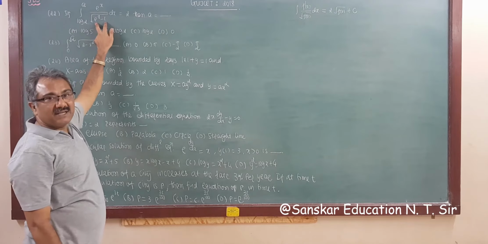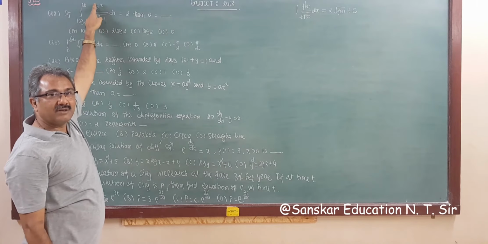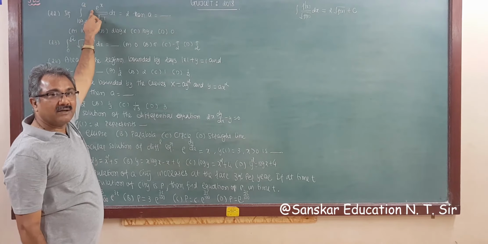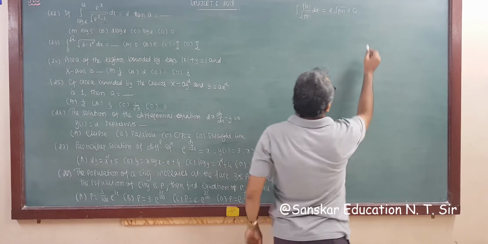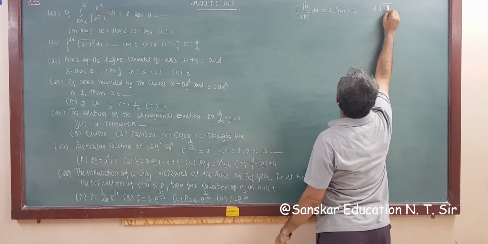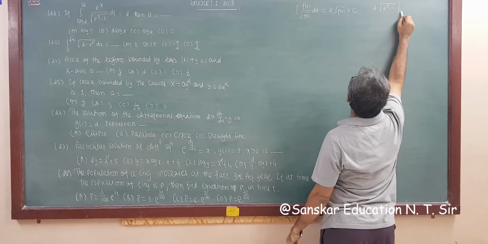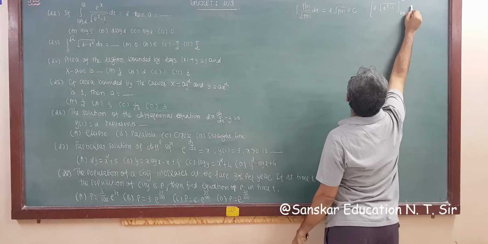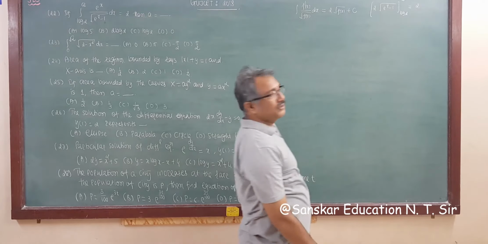Derivative of e raised to x minus 1 is e raised to x, and 1 is constant, 0, so e is in the numerator. So the derivative of the denominator is in the numerator, then the answer is 2 root fx, because the denominator is in root. So the answer is 2 root fx, where fx is e raised to x minus 1, and this is definite integration, so you have to put limits. So log 2 to a is equal to, given that the answer is 2, so the answer of this is 2. So this is your answer.